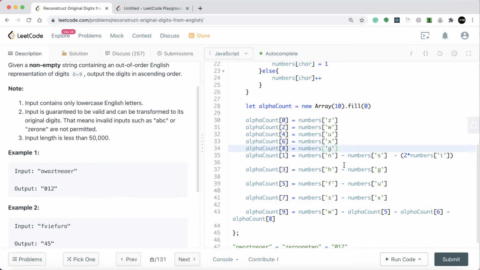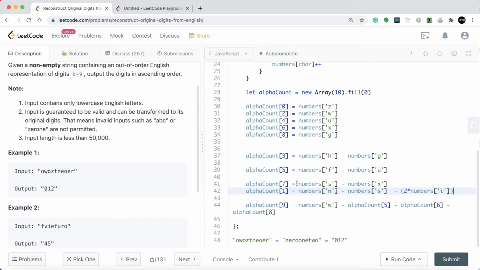Yeah, all the unique elements first, and then the rest. So I think it's better to represent G with 8, so that it is much easier to understand that G and 3 are dependent on each other. And then U is for 4, X is for alpha 6, and S is for